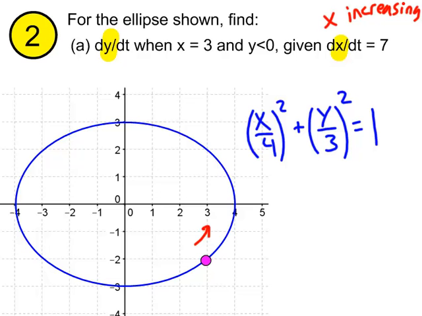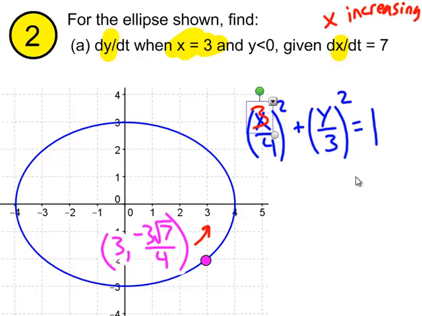Okay? So I just gave you that, and likewise, if we know that the x value is 3, we could just plug 3 into here and algebraically solve for y, right? So again, just for time's sake, I'm going to just throw that up on the screen, but trust that you see where this is coming from. Turns out the y value is a little bit ugly, negative 3 root 7 over 4. Okay, let me clean this up,